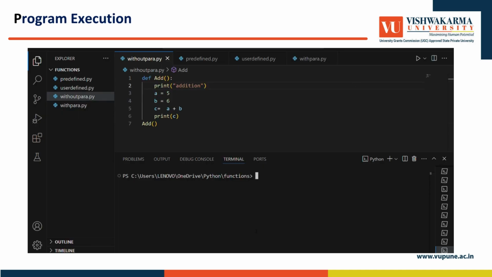In the previous slide, we got to know about without parameter and with parameter functions. To understand it more, we are going to understand it through programs. So here I have addition, adding two variables in the without parameter. As you can see, first we have defined the function, then print addition, where we print the operation name, then we have initialized two variables, a is equal to 5, b is equal to 6, and then we have